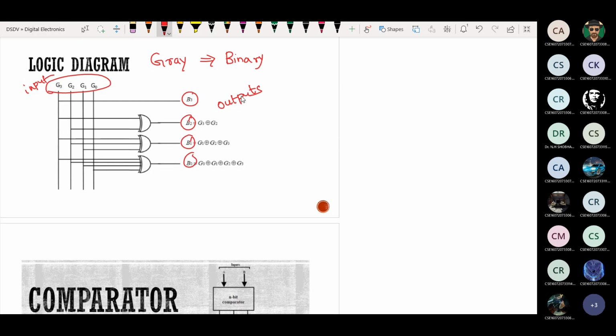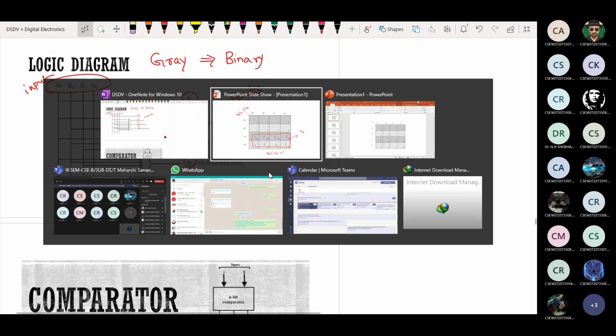So directly you can expect this question for 10 marks. Apart from this, a few more questions are there. Let me show you those.